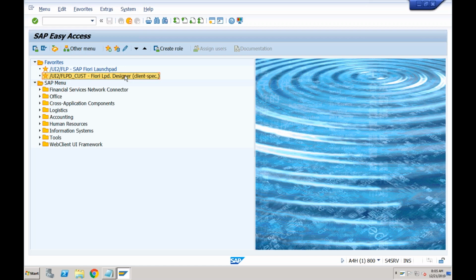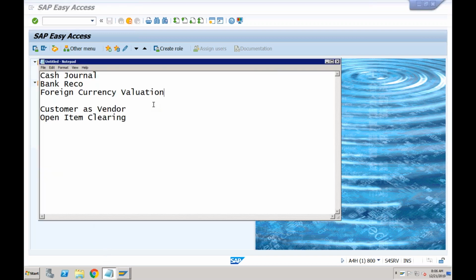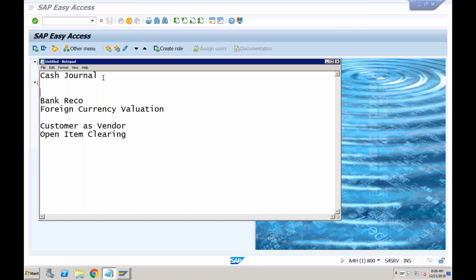So in SAP, this petty cash functionality is managed in the functionality called cash journal. First of all, what you need to know is how many cash journals you want to create. Whenever you are implementing SAP for the customer, you need to check with them how many petty cash boxes they have.